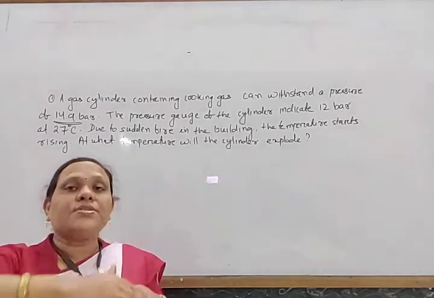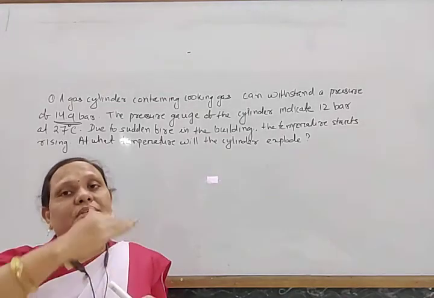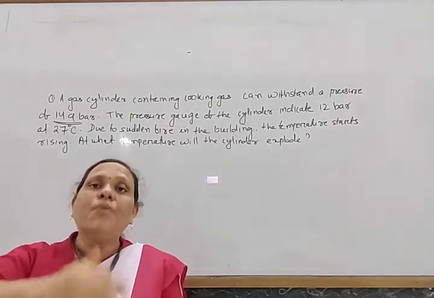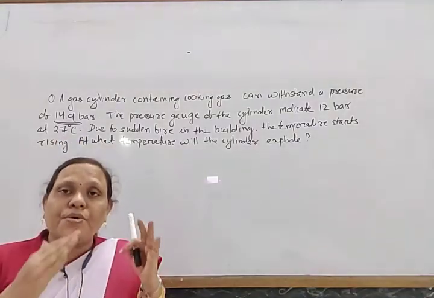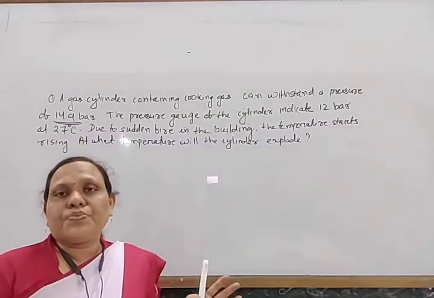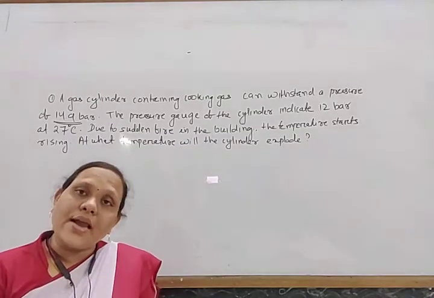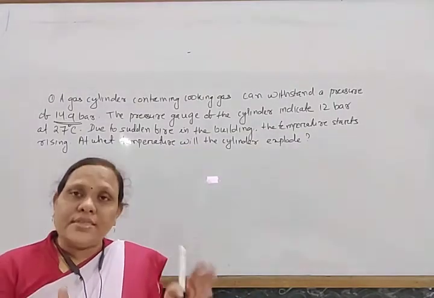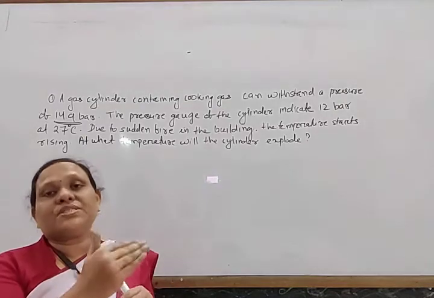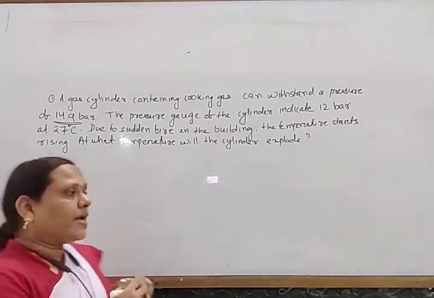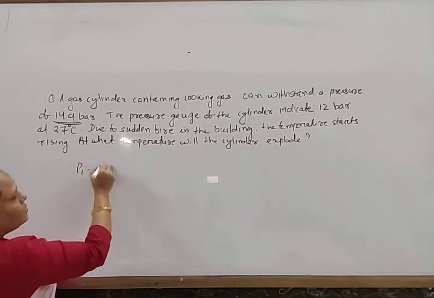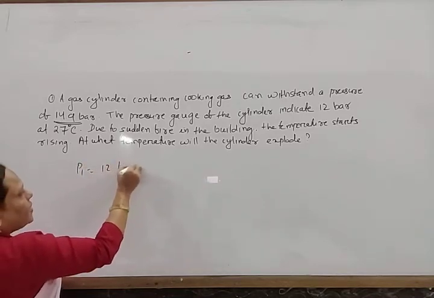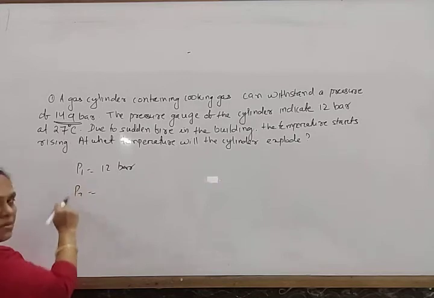Temperature will increase. So if the temperature increases, then the pressure will increase and will become more than 14.9 bar. When it becomes more than 14.9 bar, at that time explosion starts. So in this way, the maximum limit of pressure is 14.9 bar. So the P1 here is equal to 12 bar, and the P2, that is the maximum limit of